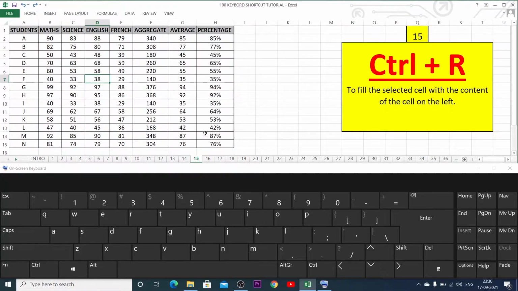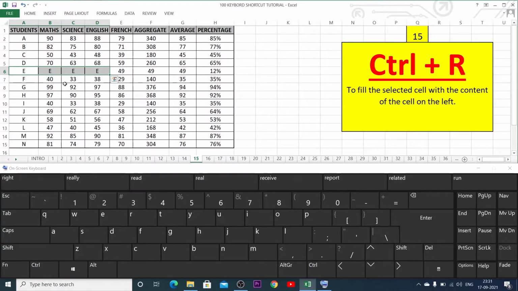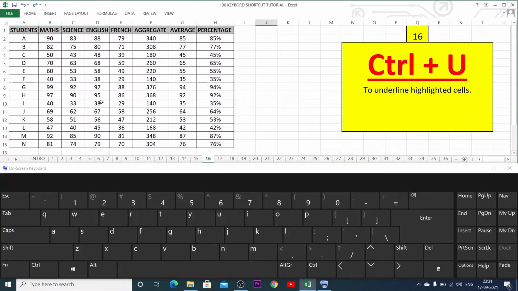Ctrl R to fill the selected cell with the content of the cell on the left. Ctrl U to underline highlighted cells.